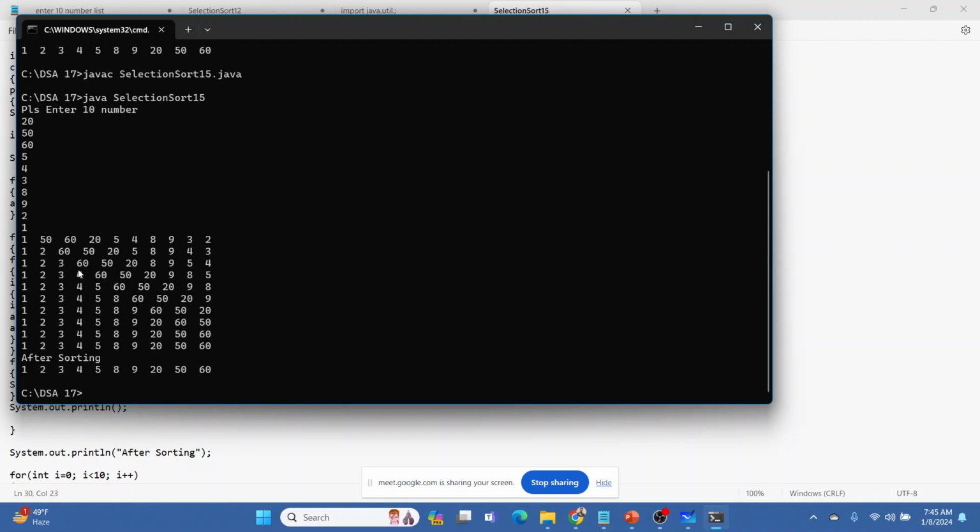So that's how we implement selection sort, with each iteration we are sorting it out. If you look at the middle of the iteration, the first half of the array is sorted, 1 2 3 4 5, and the second half of the array is not sorted, right? So that's how selection sort works: slowly with each iteration it sorts the first half of the array and picks the value from the second half of the array to put it at the right position, right?